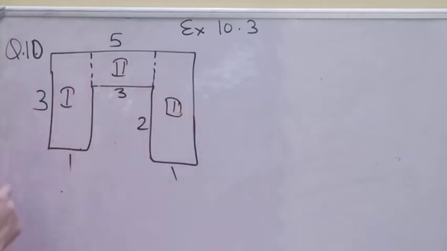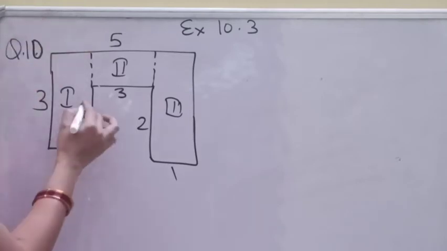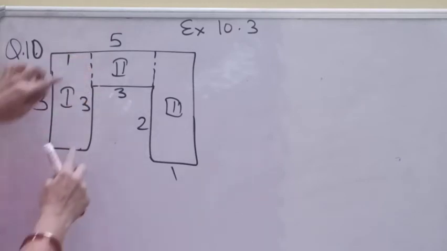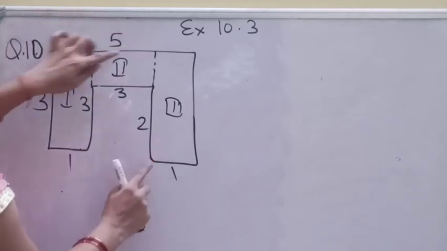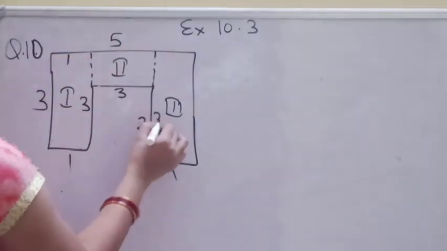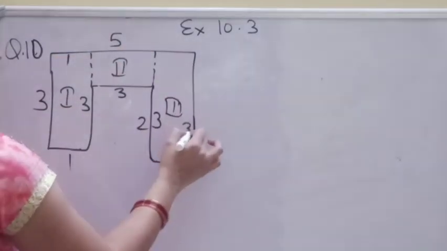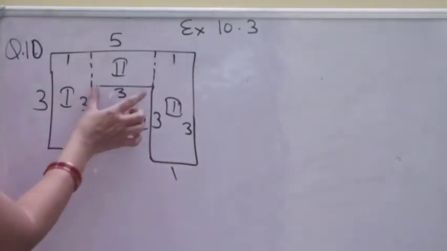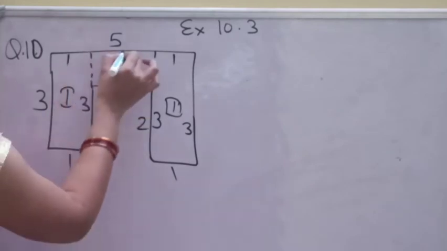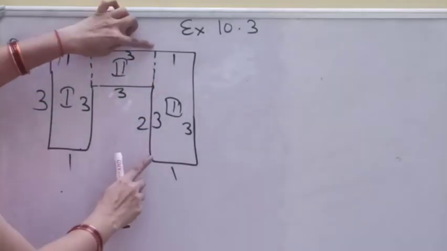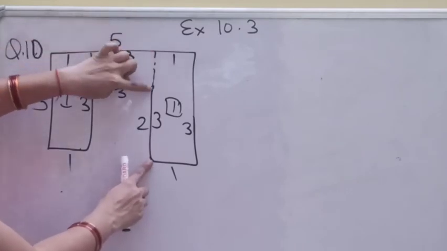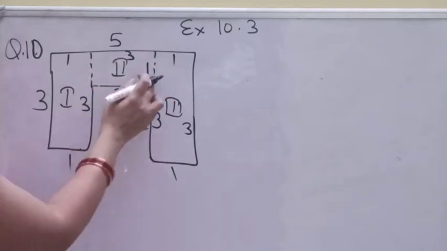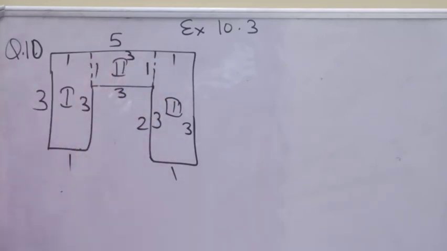Now move to the sides. This is 3, so this one is also 3. This is 1, so this is also 1. This is 3, so these are same, so this complete will also be 3. If this is 3, then this is also 3. This is 1, so this also 1. Now this one is 3, so in front also we have 3. This total is 3 and this much is 2 given. So this side will become 1 and in front of this it will also become 1.